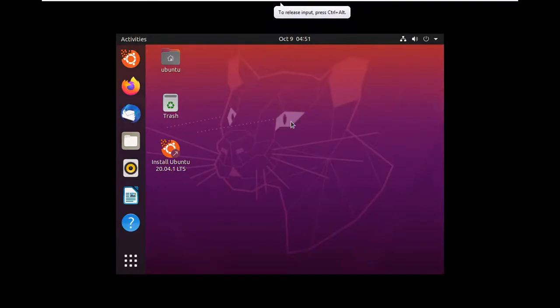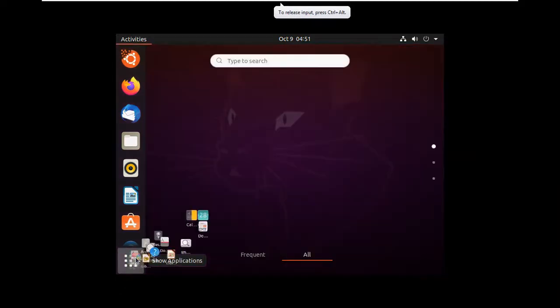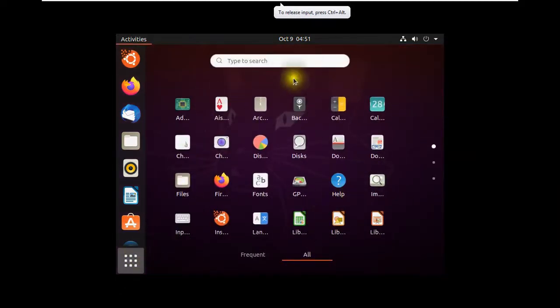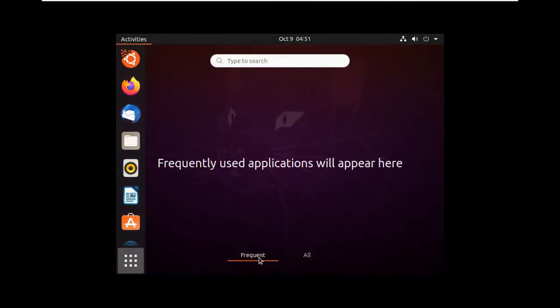Okay, it is giving you a pre-installed kind of thing. Installation is not done, but still you can do something from here. We are going to install it, so we will not use it, but you can see each and everything we will be getting once we are done with this installation.